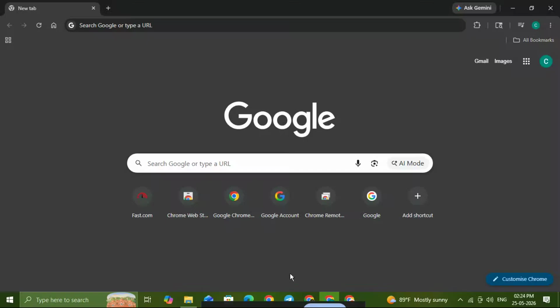If you want to transfer your Chrome downloads to IDM, this quick tutorial will show you exactly how to install the IDM extension in Chrome so your downloads can be managed more smoothly. This is a simple setup, and once it's done, you'll be able to connect Chrome with Internet Download Manager in